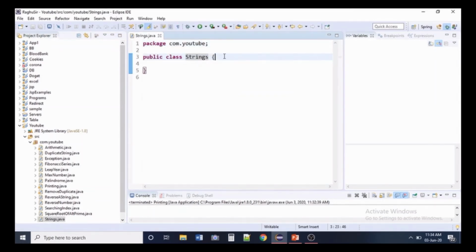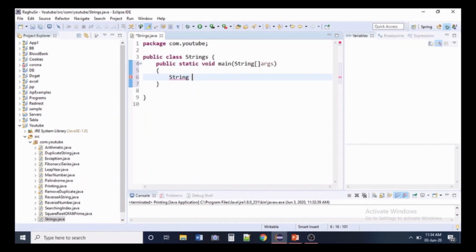Now I'm writing my main method, public static void main(String[] args), and curly braces. It's my main method. Now I'm creating the String object here. In my String object I'm writing some content.